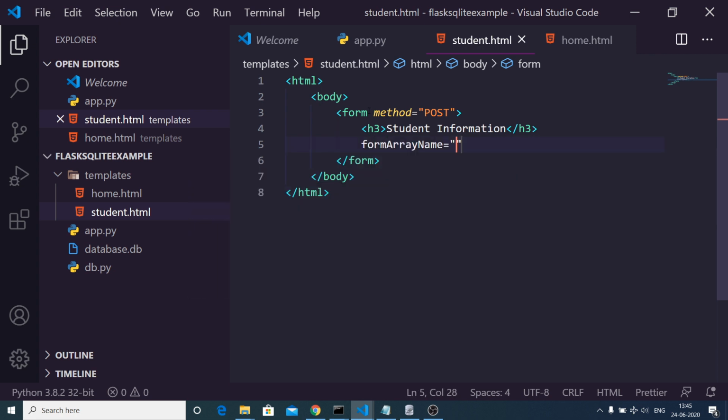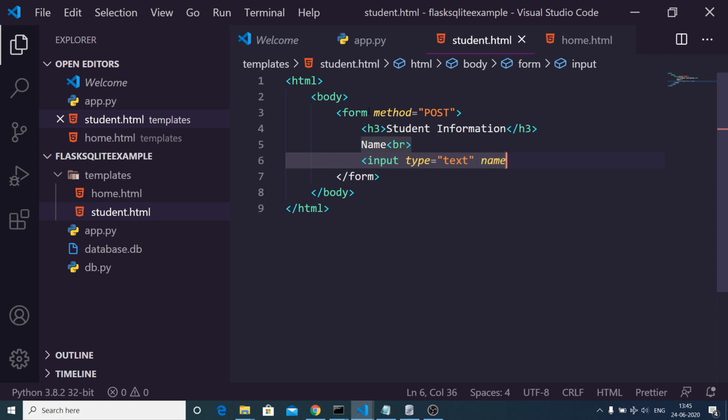So the first entry will be here name. After this we will have a simple input field, input type text, and we will be giving a name attribute to it of nm. After this we will have an address field.